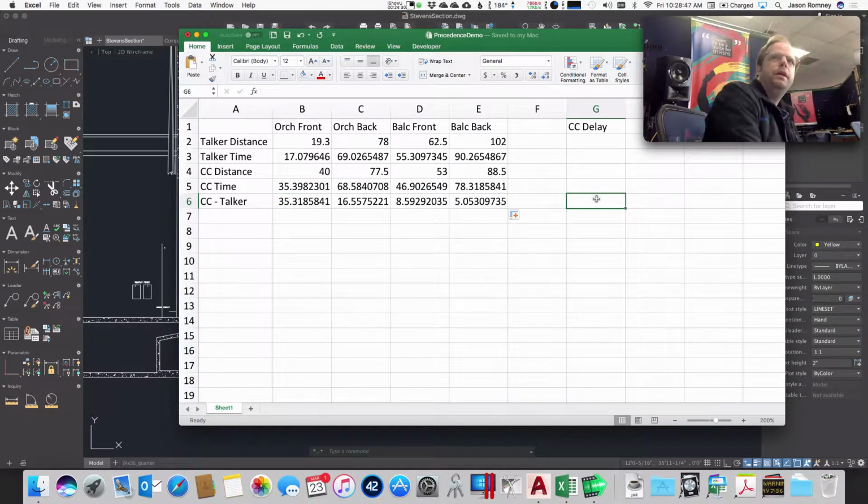So that puts me into precedence for every seat except now the front row. The front row is now, there's now a 35 millisecond difference between the center cluster and the front row. That's probably not going to work. In most cases, we'll start to hear an echo there. So some things I could do